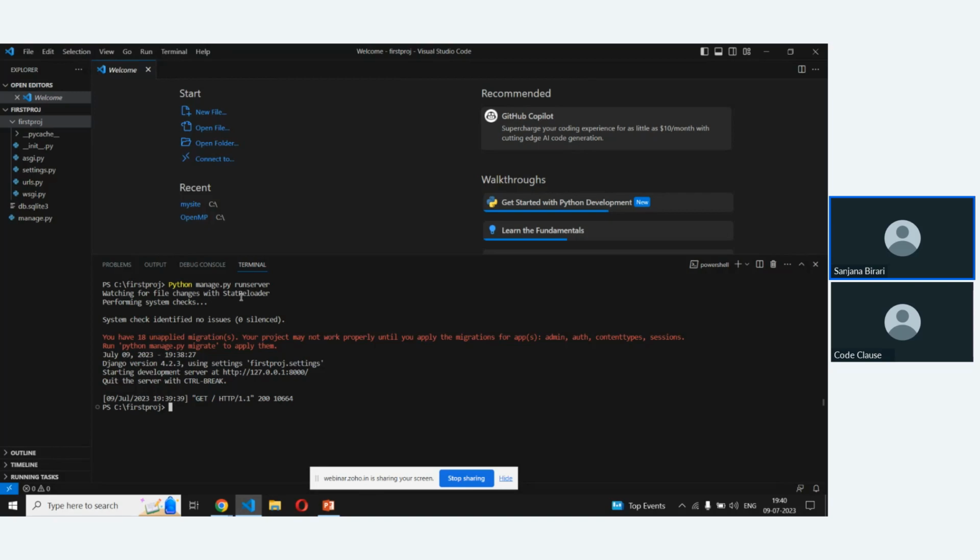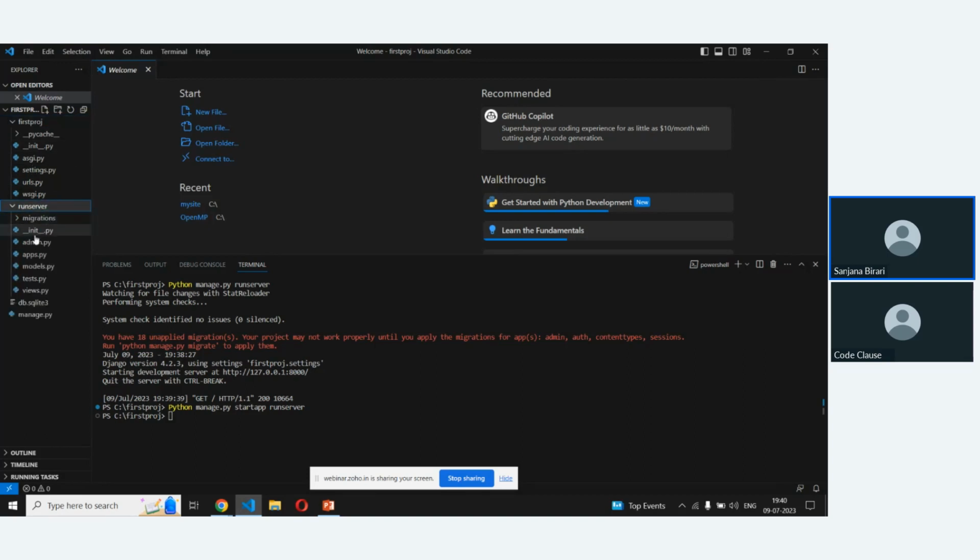Then we'll start working on our application. To do that, you have to run python manage.py startapp and your application name. Now you can see the runserver folder.